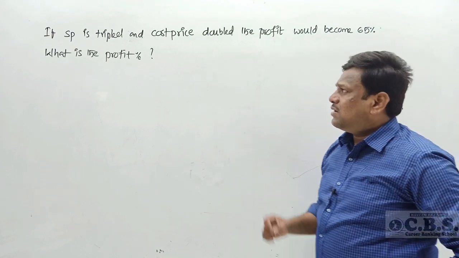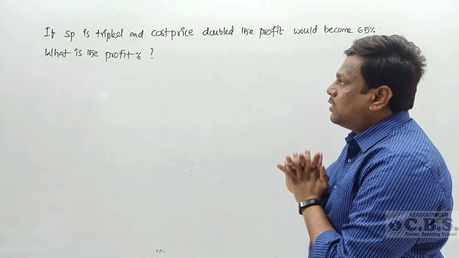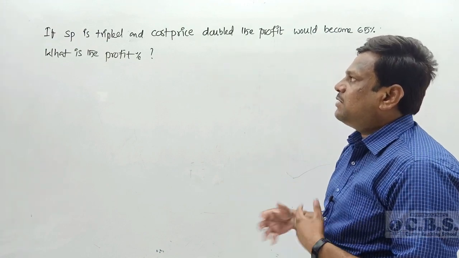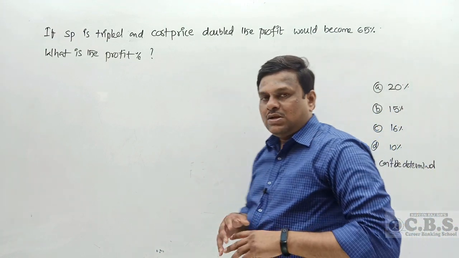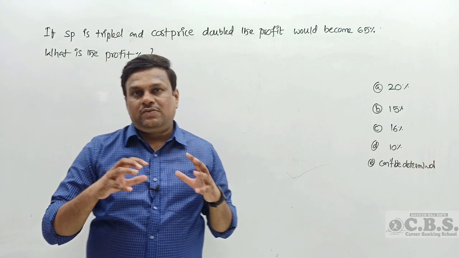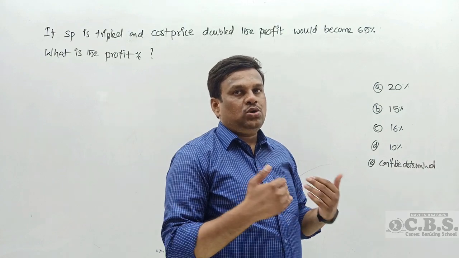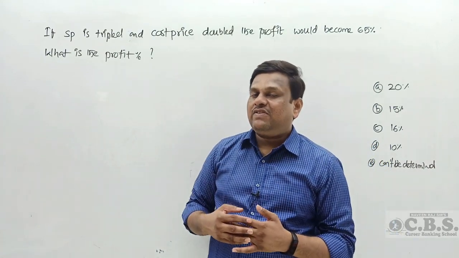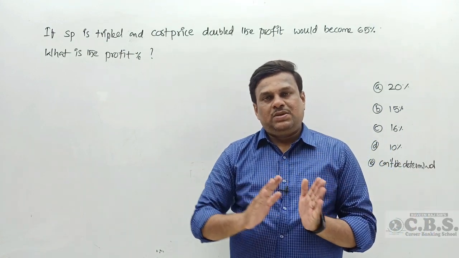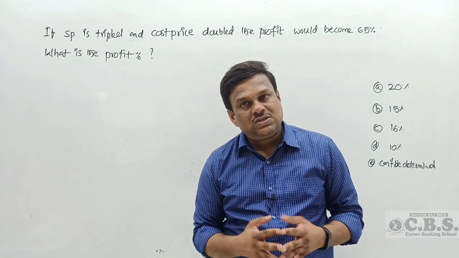Here in this question, the cost price is going to be modified and the selling price is going to be modified. But how many quantifiers are given in the question? Let's look at it. If the selling price is tripled and the cost price is doubled, it means the selling price also changed and the cost price also changed. When the selling price is tripled and the cost price is doubled, then the percentage of profit becomes 65%. Find the profit percent. Means what? What is the actual profit percent? When the selling price is X rupees, it is tripled. When the cost price is Y rupees, it is doubled. But then the profit becomes how much? 65%.